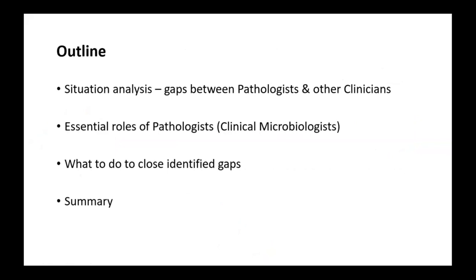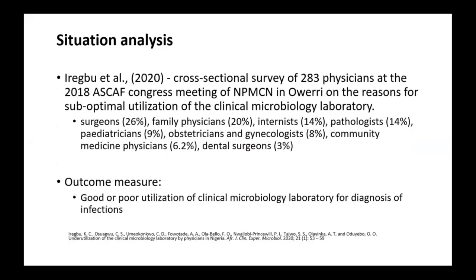This is the outline. I will give a situation analysis of the gaps that currently exist between pathologists and other clinicians, enumerate the essential roles of pathology, and I mean clinical microbiologists, and then what we do to close those identified gaps, and then I summarize. Now, I'll start